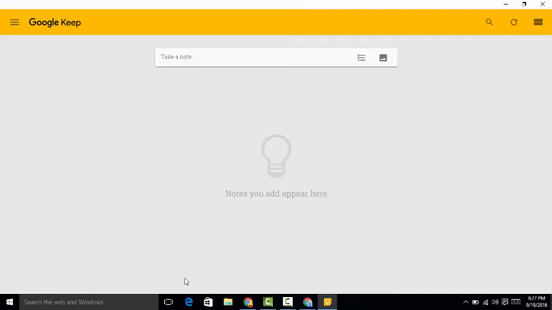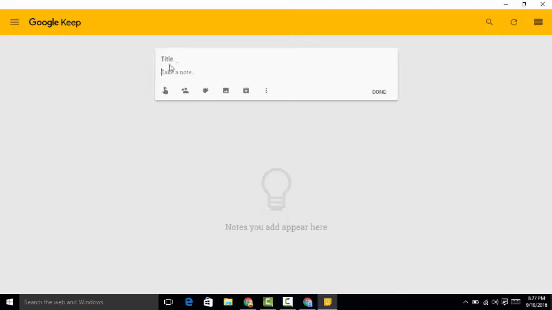Okay, now that you've had a chance to install both the app and the extension from the Chrome Web Store, the first thing that we're going to do is to take a note. So we're going to click right here where it says take a note, and then you'll notice that you can take a note and you can also give it a title. So we're going to start with the title, and the title is going to be Progress Reports, and yes, they are coming out the end of the month, which is actually September 30th. So we're going to add the note,